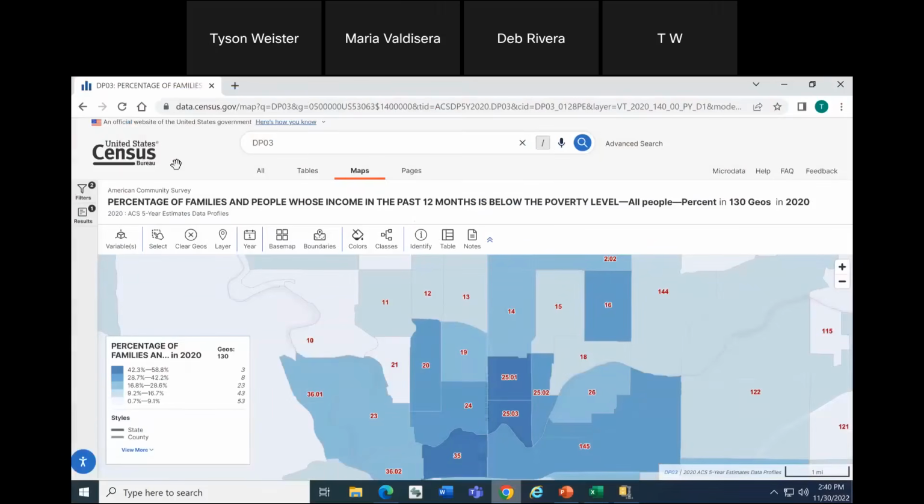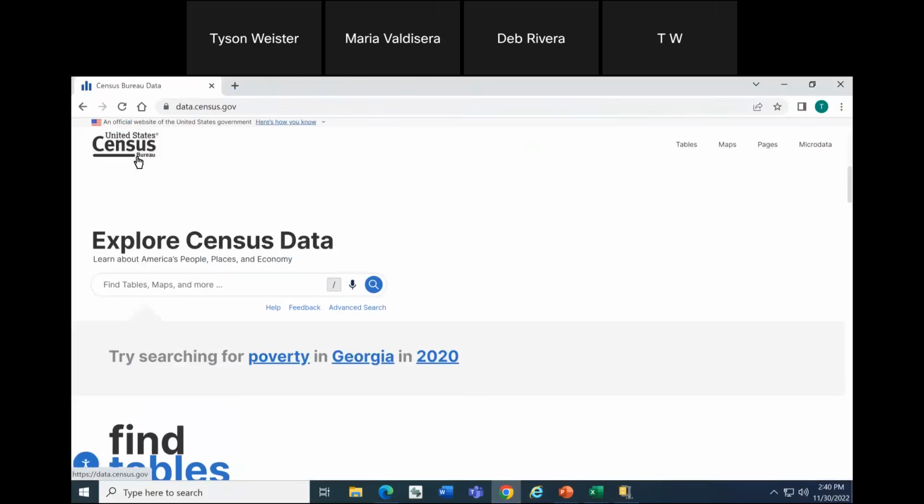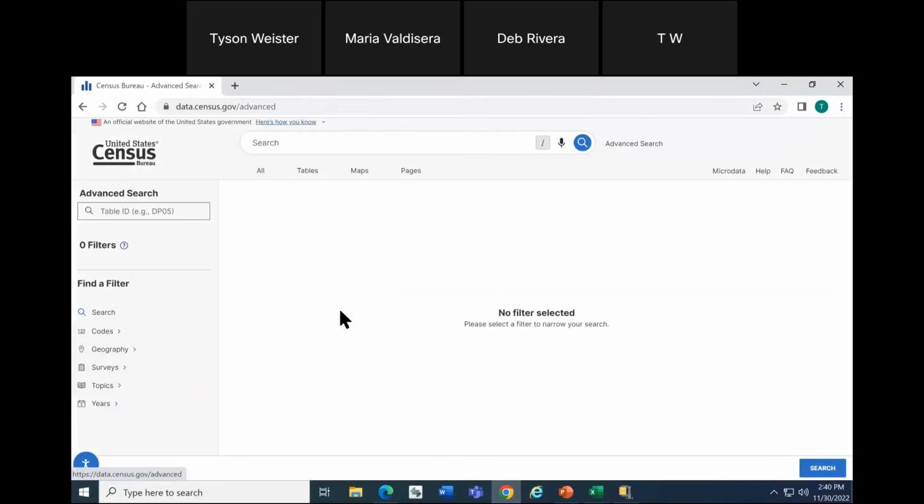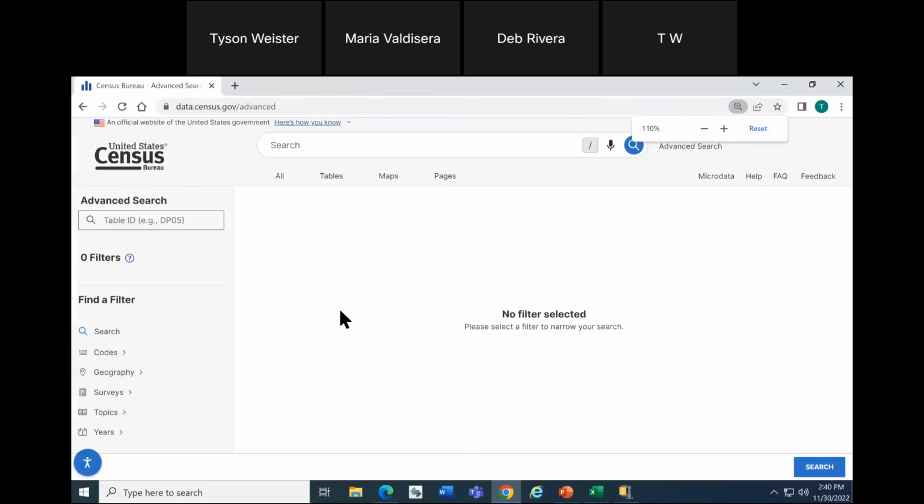Going back to the live site, we'll click the US Census logo in the upper left. For our final search, we'll click the advanced search link once again. Now, I happen to know up front that the code I'm looking for, my NAICS industry code, is 532111. You may not always know that up front.